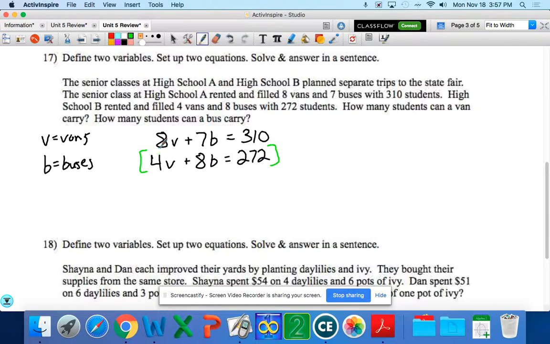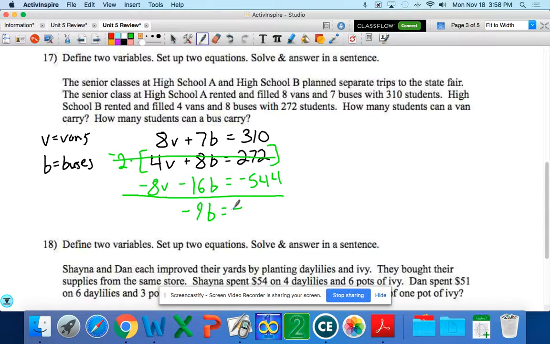Well, I need them to be the same number but opposite sign, meaning I can multiply the bottom equation by -2 and achieve that, because this will be -8v. Okay? Then you have to continue your multiplication all the way through. We get -16b. And this is definitely one that you should probably throw in a calculator. I believe it's -544. Okay, it'll be worth a double check. That cancels out, and we are going to add these two together. We get a cancellation here. We get a -9b here. And again, throw that in the calculator,